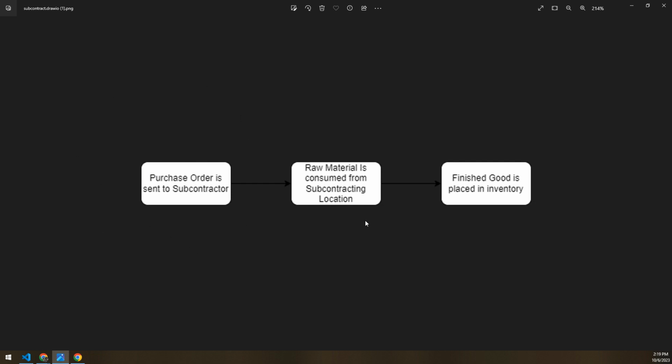Once that purchase order is received by them and created, you are going to record what they said they consumed, be that the raw materials, and then at the same time as the validation of that raw material consumption, the finished goods will be placed into your inventory as well. So that's just the 1, 2, 3 of what we're going to be seeing as the